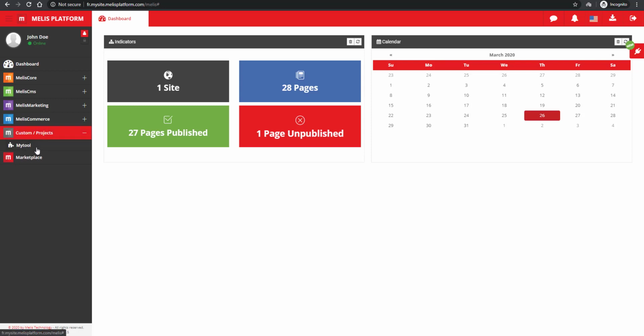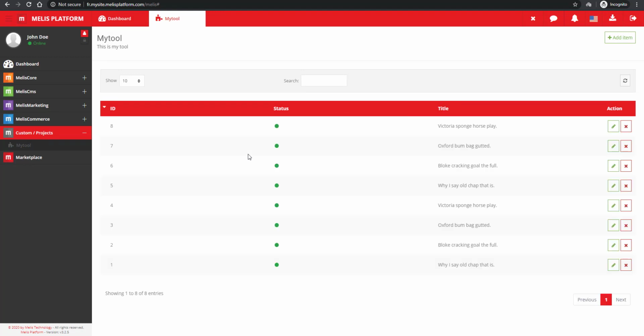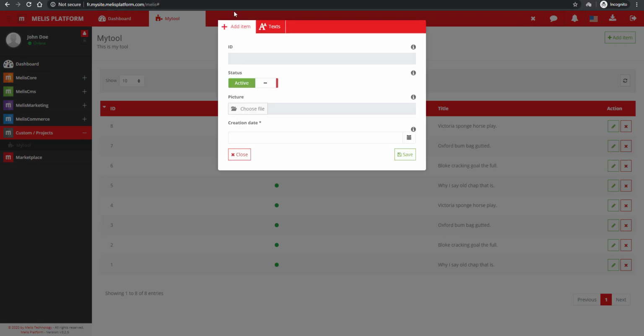I can see I can find my tool, and if I click on it I have all of the details of my tool, so the ID, the status, and the title that I define for the column to be displayed in the list of the tool, title of my tool, the description. I have already data because I'm using the news table and there are already some news created, and here I can add that item, and I have the modal like I selected at the beginning.